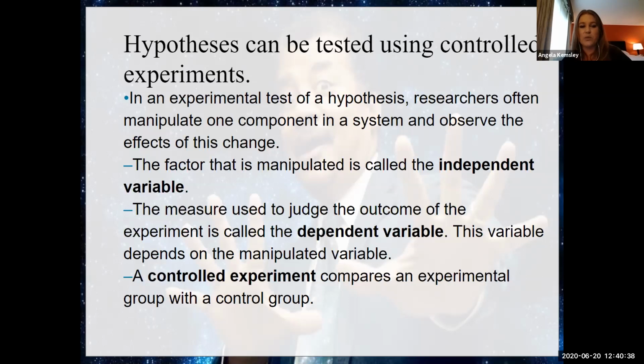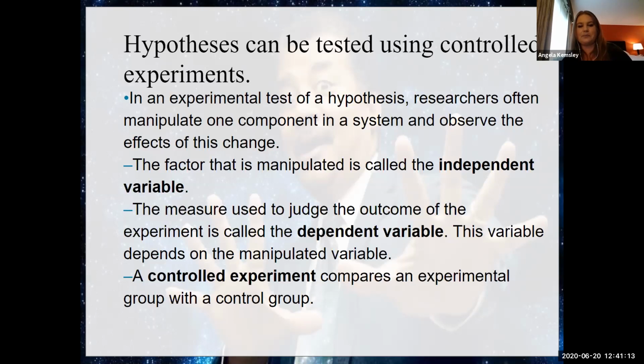And in experiments, we often manipulate one component in a system in order to observe how that affects change. So I mentioned cause and effect. We're going to be manipulating the cause. In our last example, it was the amount of time you studied. So we could have one group, which we would call the control group, not do anything different. They would study the same amount. The control group doesn't get changed. The other group, the experimental group, we're going to manipulate something. So in our last example, we would have them study more in order to test whether studying more would increase